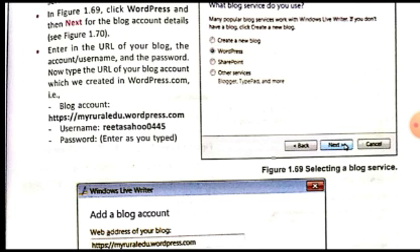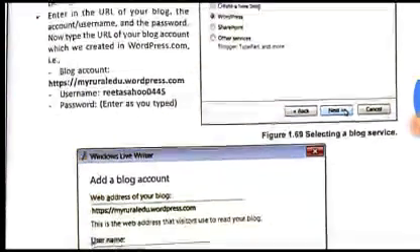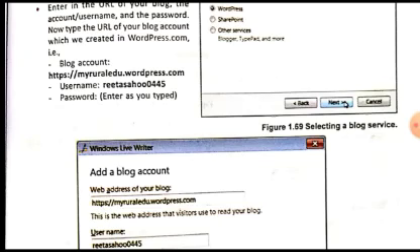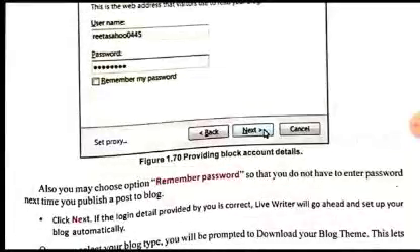Then you have to type the URL of your blog account, like the blog account we created previously, which was named myruraledu.wordpress.com. This is an example of a web address of the blog. Similarly, you can type any address of your own in the URL box in the account window. Then secondly, you have to type the username, and then enter the password also. Then you have to click on next.